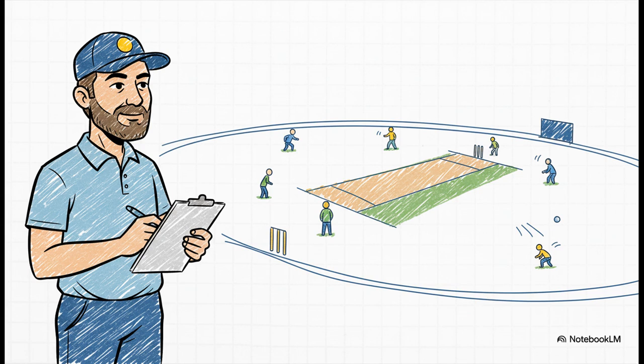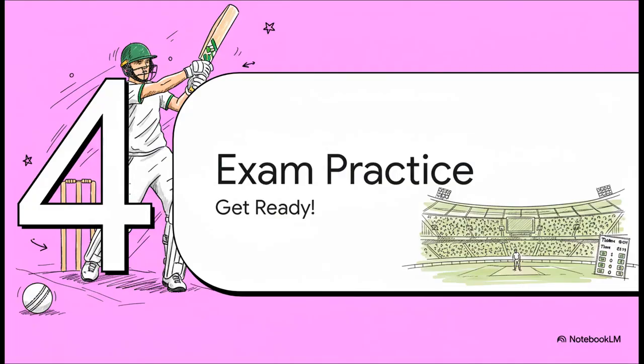This crisis showed everyone that you can't just hope that 11 good players will automatically win you the match. Sometimes you need a coach, a captain, to manage the whole team. And that's where modern macroeconomics was born. Economists like John Maynard Keynes said, hey, we need a coach, someone like the government or the Reserve Bank of India, to look at the big picture and make sure the whole economy stays healthy. Phew, what a history lesson, right?